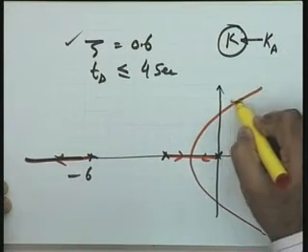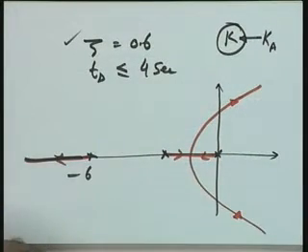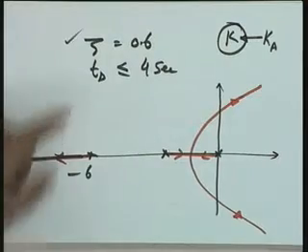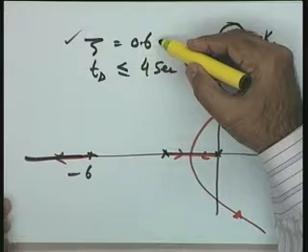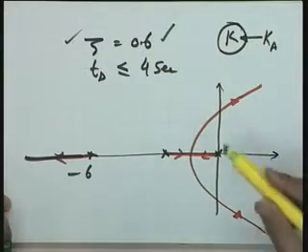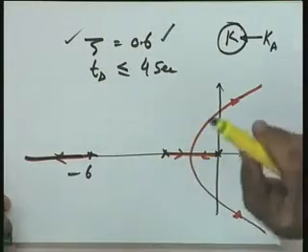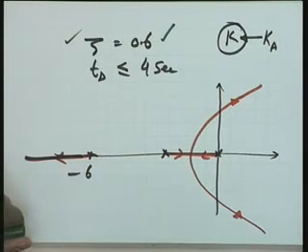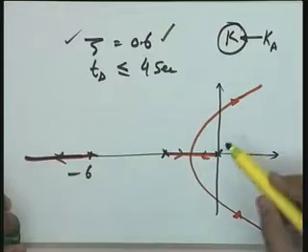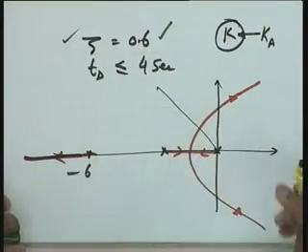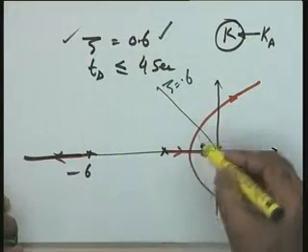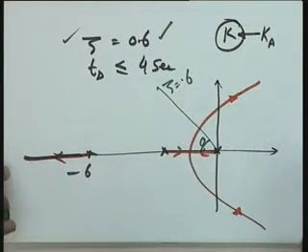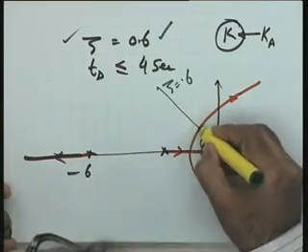Now see the procedure through these trivial cases. I am setting the procedure of design into your mind. Zeta equal to 0.6 is there, Ts is 4 seconds. Suppose you are given zeta equal to 0.6. So how do you try? You can try only one, because Ka has got only one degree of freedom. You cannot try more than one design requirement with only Ka. Let us say I try zeta equal to 0.6. I will draw a line corresponding to zeta equal to 0.6, and this theta will be cos inverse zeta. I now get this point.